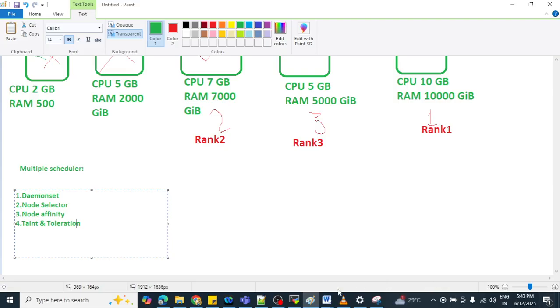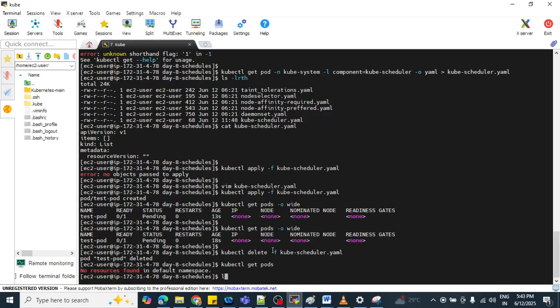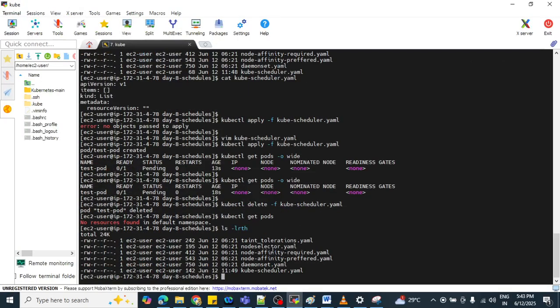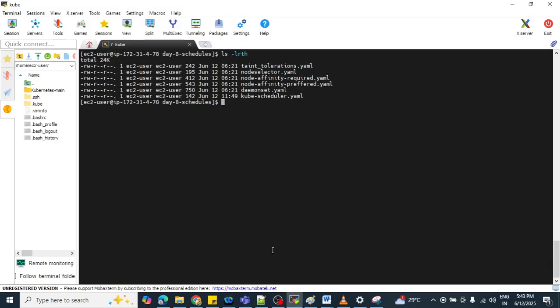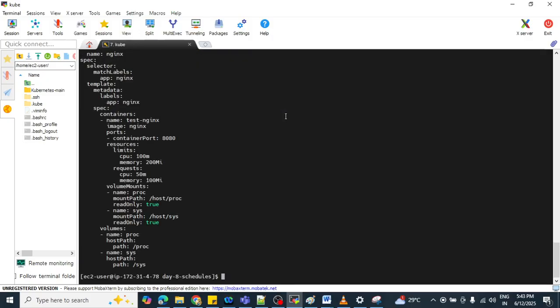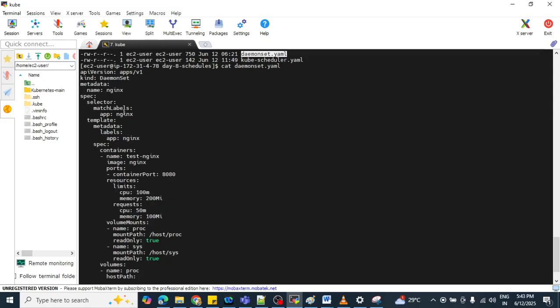So let's move to DaemonSet. The first one is DaemonSet. I already cloned my GitHub repository here. Now I am inside our scheduler folder, and here if you cat this file, called daemonset.yaml, you can see the kind here.